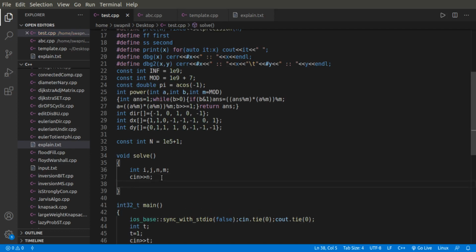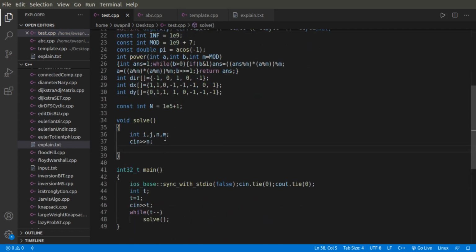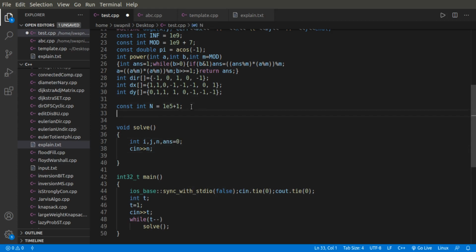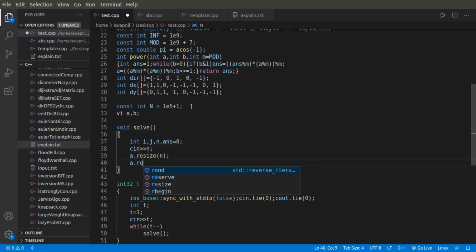Yeah, we have taken this as input and we will declare another variable ans which will be 0, and we will declare two arrays or two vectors globally, and we will resize them with n, which is taken as input from the user.